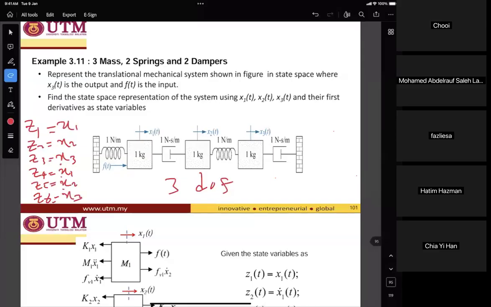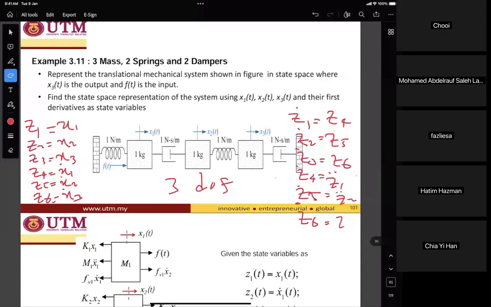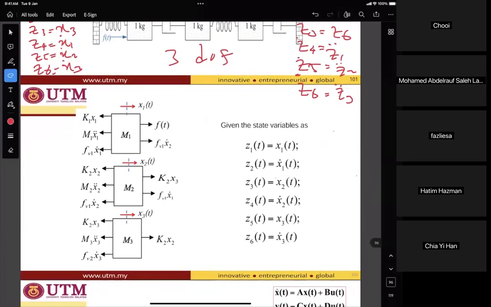If you want to find the derivative state vector, as shown here,